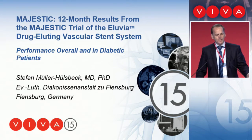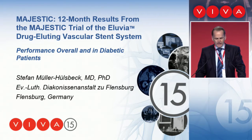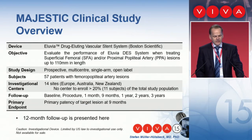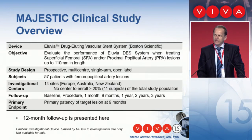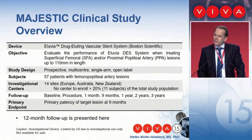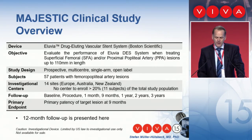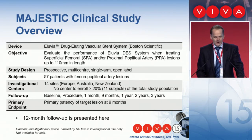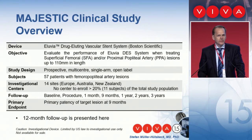I'm sure that you are not quite familiar with the trial, so I'll give you a short overview about the patient group. We have dealt with the Eluvia stent. It's a new self-expanding drug-eluting stent constructed for the femoral popliteal arteries, and we want to evaluate the performance of this kind of drug-eluting stent in the SFA and the proximal popliteal artery in lesions up to a length of 110 millimeters. We have chosen a prospective multi-center single open label